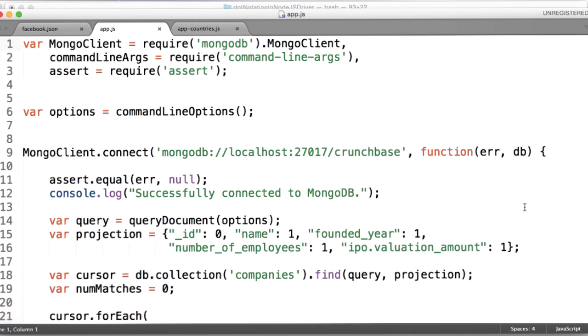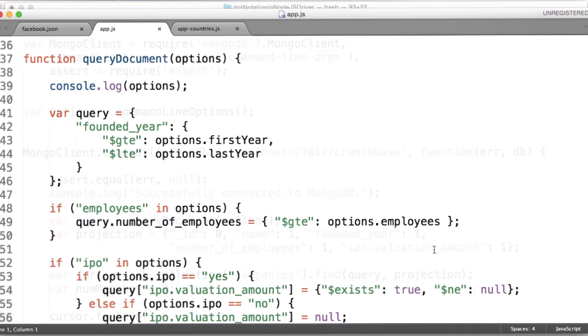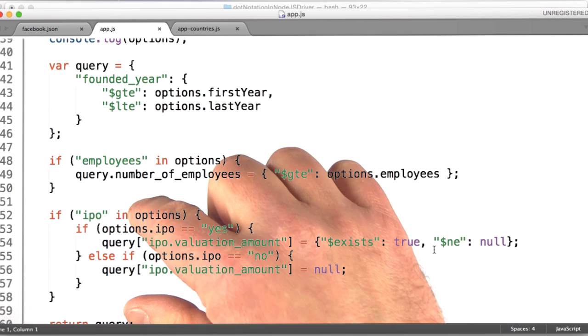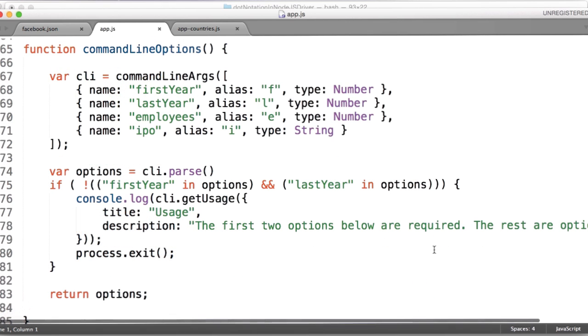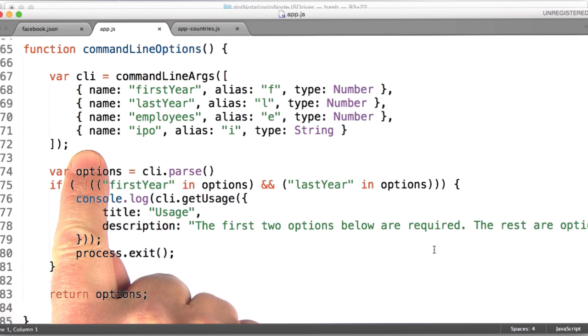So if you remember, we take our command line options and pass them to our query document function, where we build the query document that will be passed along to find. Taking a look at our query document function, we can see that there's now a little bit of additional code for dealing with IPO. But before we look at that, I want to show you that we've added now an